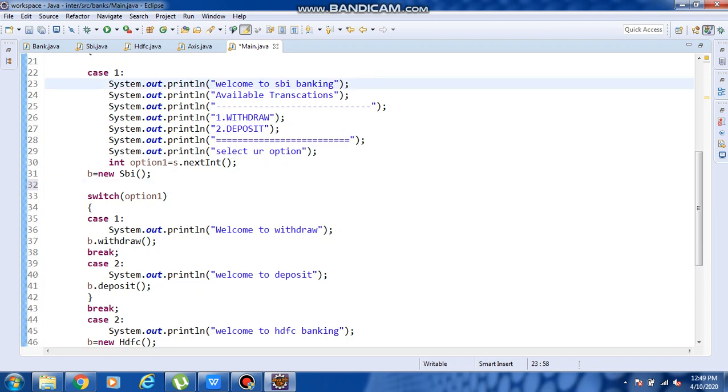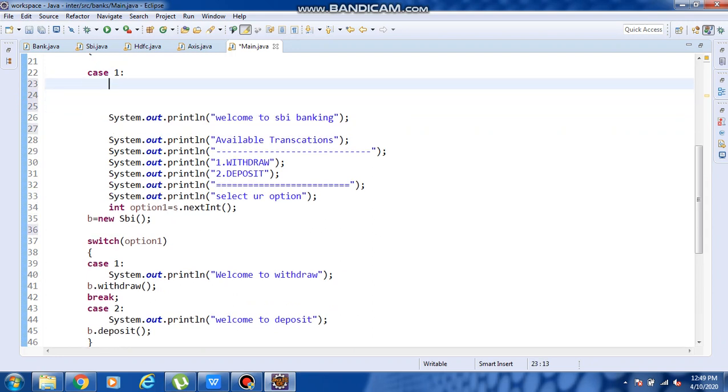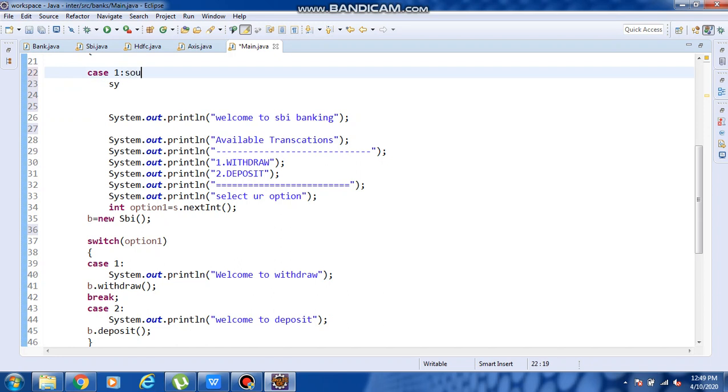So after welcome to SBI banking, give here System dot, or we can do it here. Wait one minute. So now come to the case 1. So now inside the case 1 I am giving